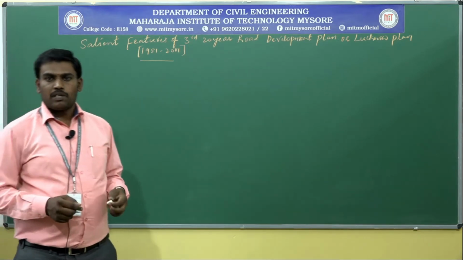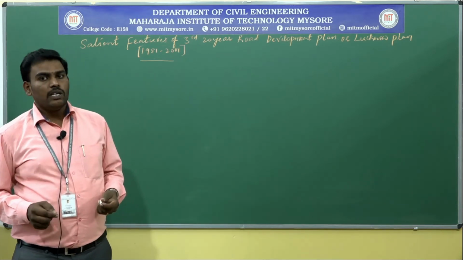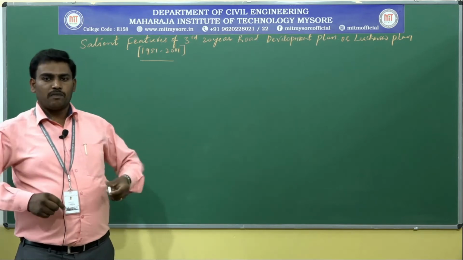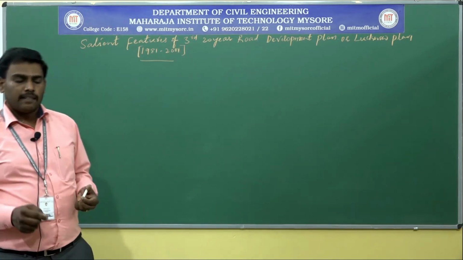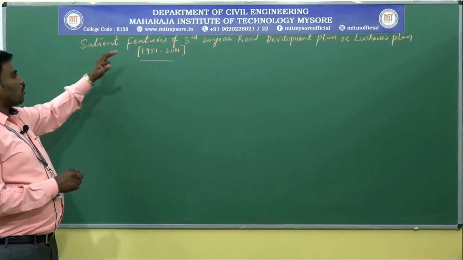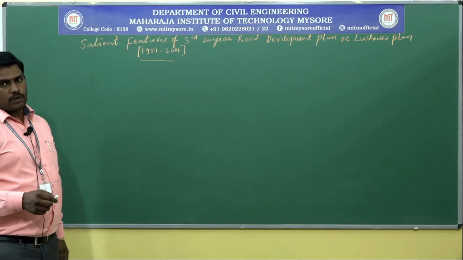Is it clear? The first 20-year road development plan is called the Nagpur plan. It is from 1943 to 1963. And the second 20-year road development plan, from 1961 to 1981, is called the Bombay plan. Similarly, the third 20-year road development plan is called the Lucknow plan. It is from 1981 to 2001. Okay, see here,